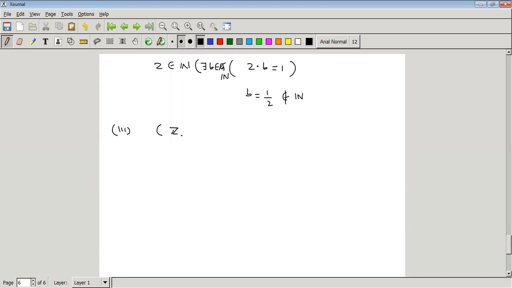Now the same question, Z under addition. It is a monoid, we have already proved. Now we have to check the third axiom, that is the existence of the additive inverse. Yes, given any A belongs to Z, there exists B belongs to Z such that A plus B equals 0, because the identity element is 0. So now we can prove that A plus B equals 0. So we can add minus A